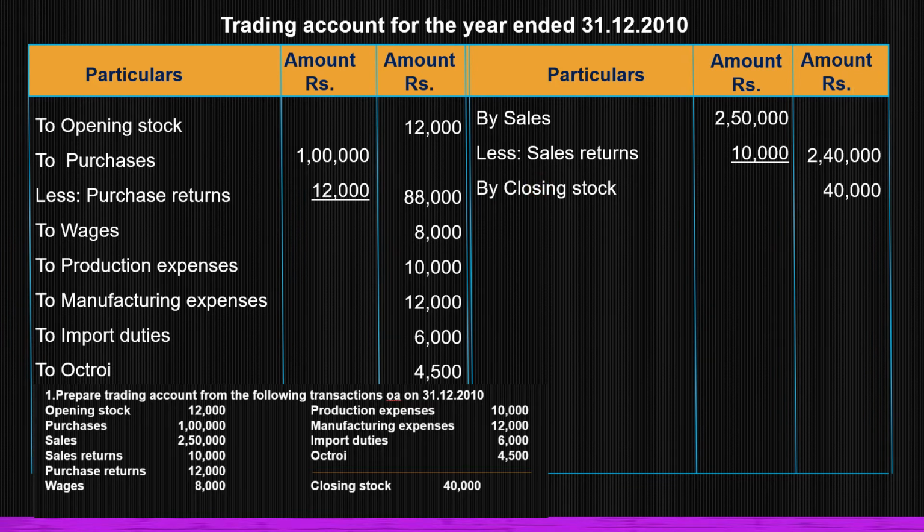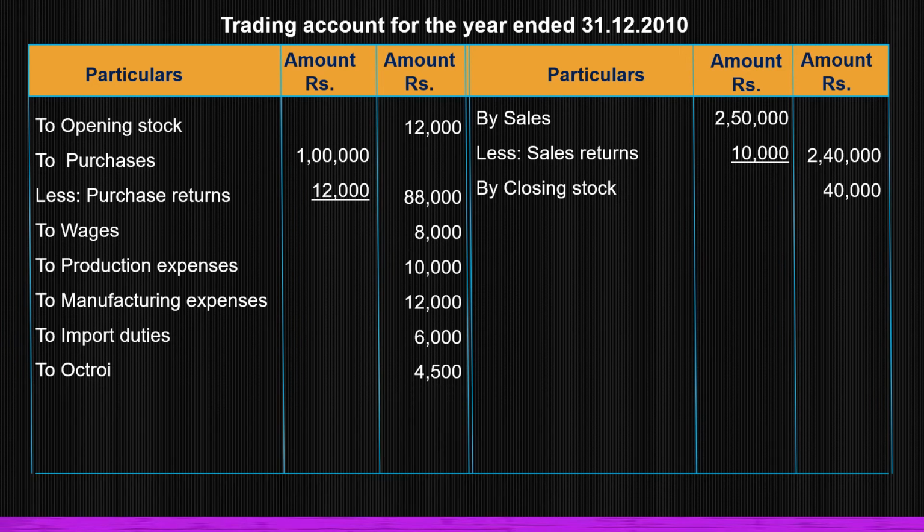40,000. So according to your syllabus, only these three items will be shown on the credit side: sales minus sales returns, and closing stock. That's it. So all incomes we recorded. Then if you see, the debit side and credit side are not equal. So first we should total the credit side. So it is 2,80,000. The same amount will be shown on the debit side,